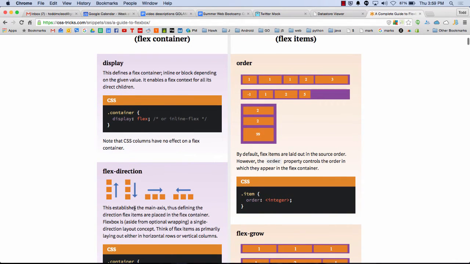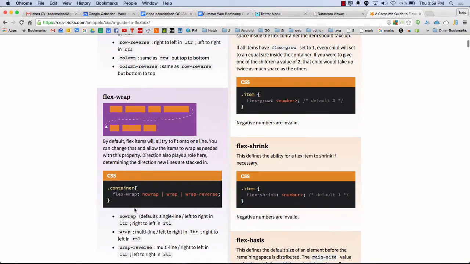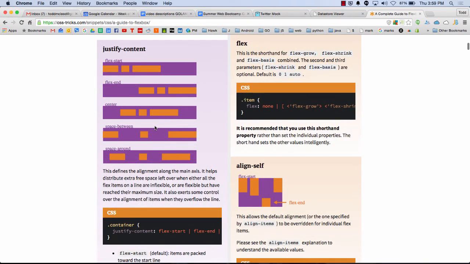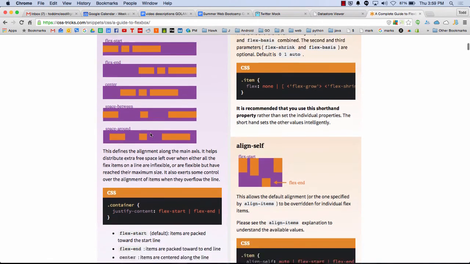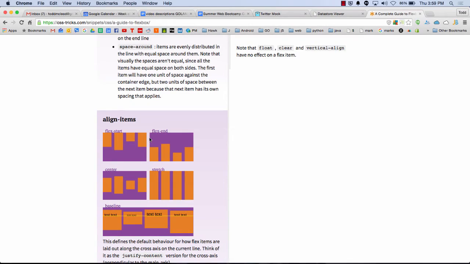So that's flex direction, vertically or horizontally. Or don't allow them to wrap when they get to the end of the row. Or allow them to wrap, right? So I could set wrapping. I could set justify content. Put all the children to the left. Put them to the right. Put them to the middle. Make equal space between them, you know? I could also vertically align them. Make them up the top. Make them at the bottom. So it just does that to all the children inside the container. So it's really nice. We're going to do some JavaScript here in a minute.